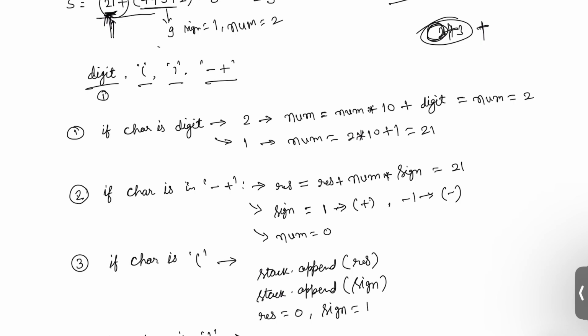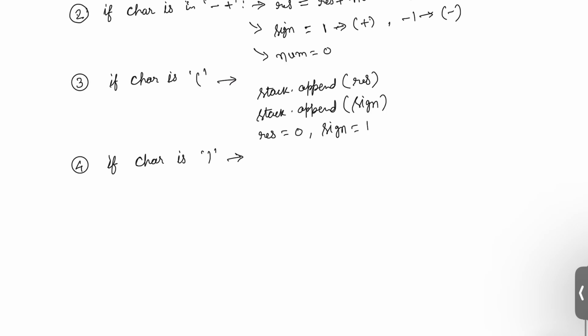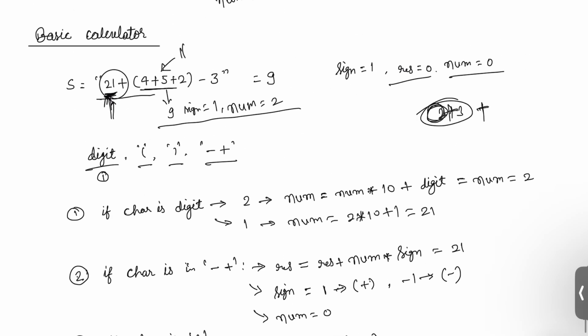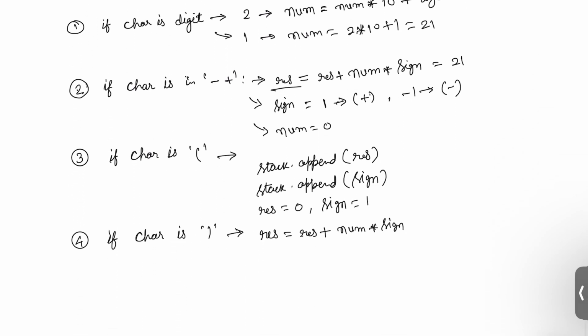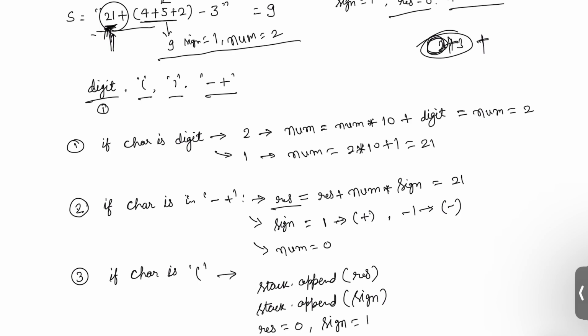Actually this value has not been calculated now. So we will calculate here at first result value. Result value will be updated with whatever result previously plus num into sign. Because till 4 plus 5 has been updated inside this result. But plus sign has come, then sign has been updated with 1 and then num has come. Then this digit 2 has come, then num has been updated with 2. But again closing bracket has come. So before closing bracket we will have to update the value of result. Then whatever is inside this stack, we will have to calculate this with this one also, because this is closing bracket. So whatever is left side we will have to